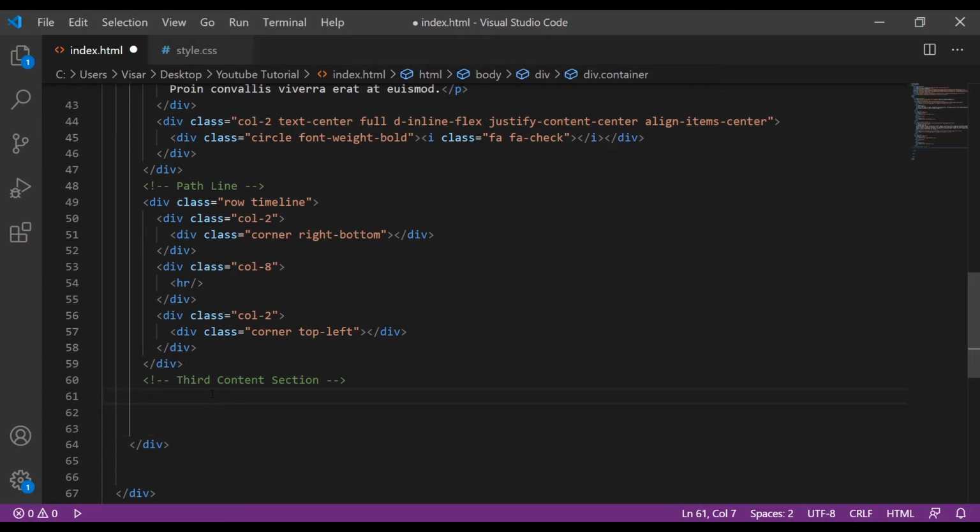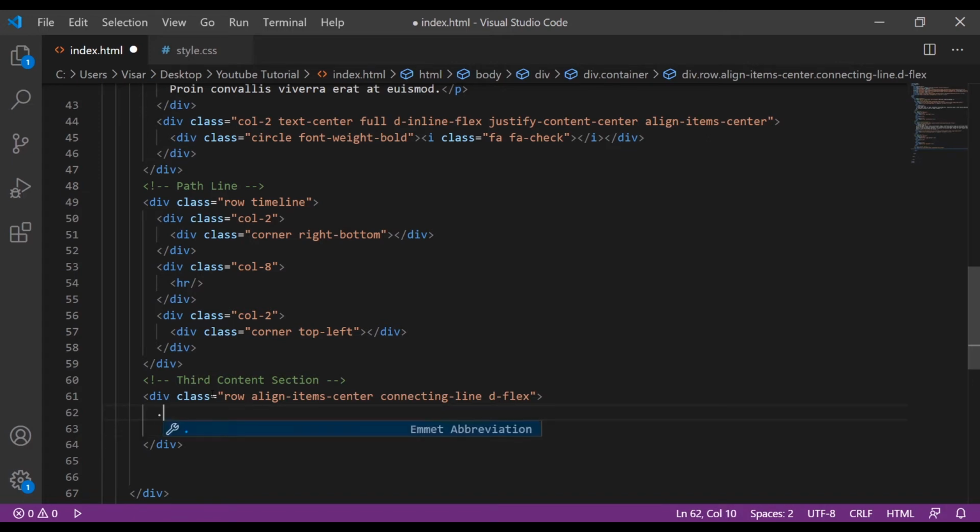Okay, so here we'll have a div with the class of row, then align-items-center, connecting-lines and the flags.